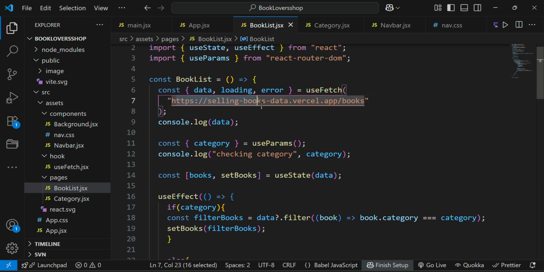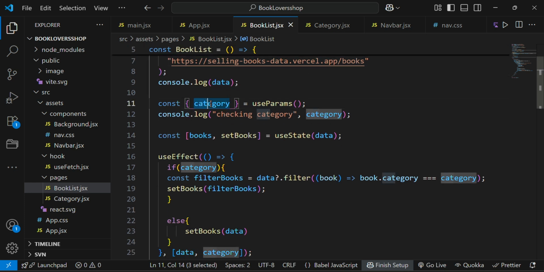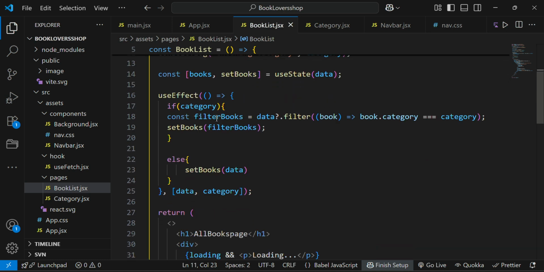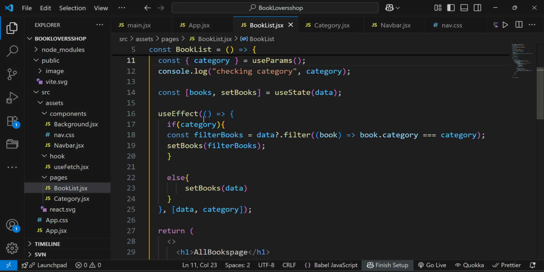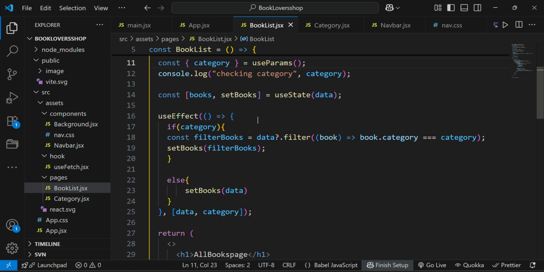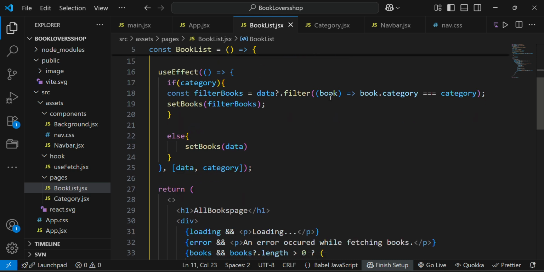Here I'm fetching all the data. This is the API to fetch all books, and here I'm taking category from useParams. Then I'm applying useEffect. Before useEffect, I have used useState, books and setBooks, and as the initial state of books I'm giving data.